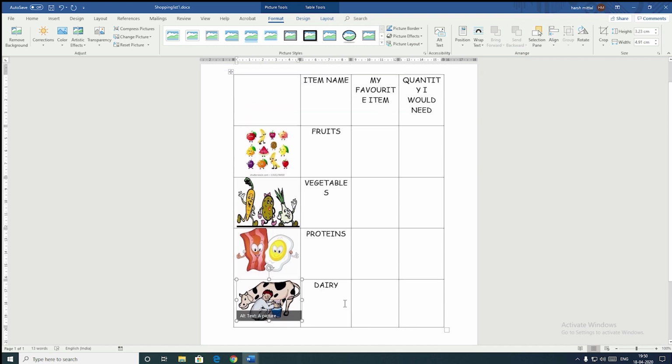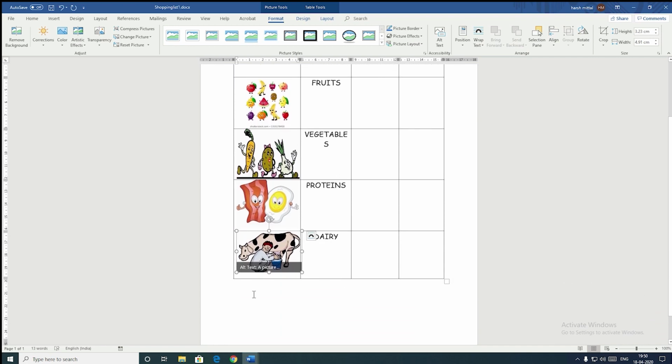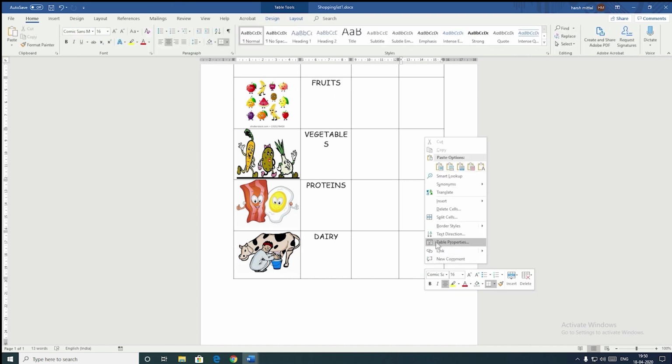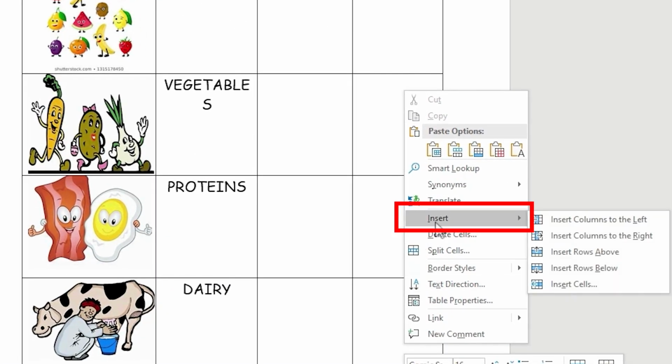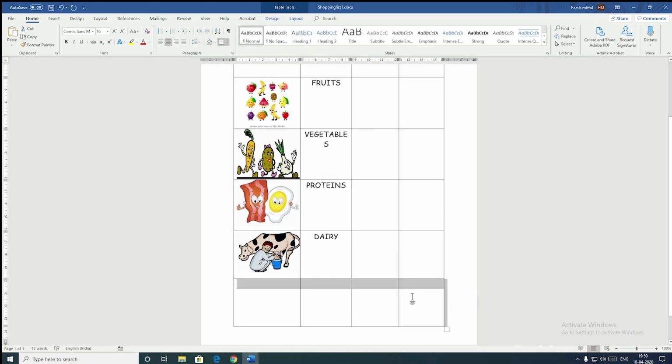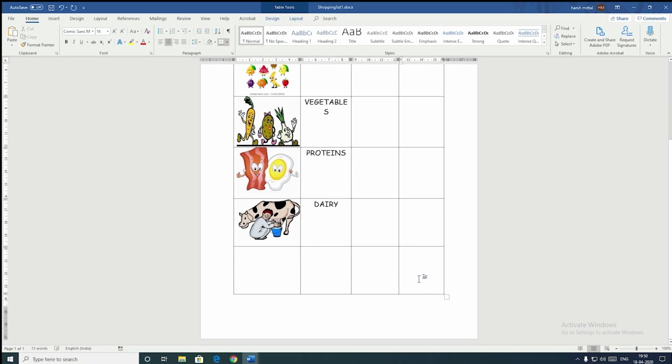I have no more rows left for the chocolates and the grains. So what I'll do is I'll click here and I need to insert again. Right click, insert. You can insert rows below. This time I need a row. So I'm going to insert a row below. I get a row. I need another row for chocolates.